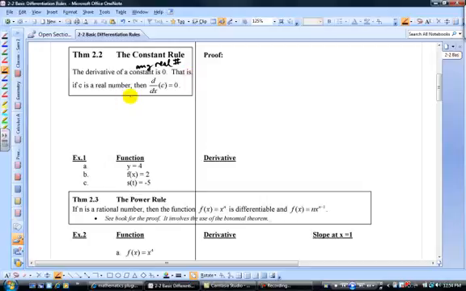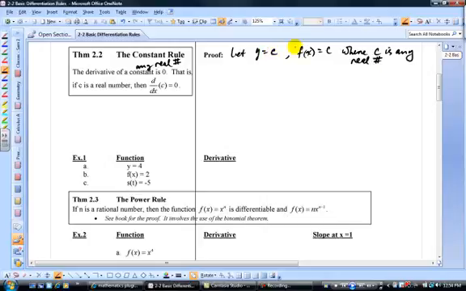To get started here, what you want to do is start off with a function. So you say let y equals c, where c represents some constant. Or you can write it as f of x equals c. Remember, y and f of x are the same thing, where c is some real number. Let's write that down. Where c is any real number. And so you start off with a general function where c is a constant, and you take a